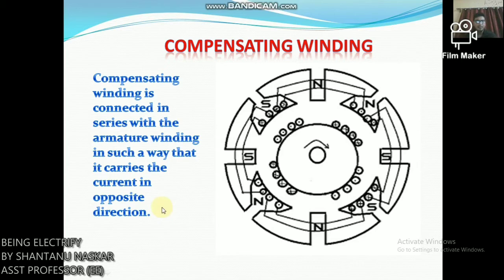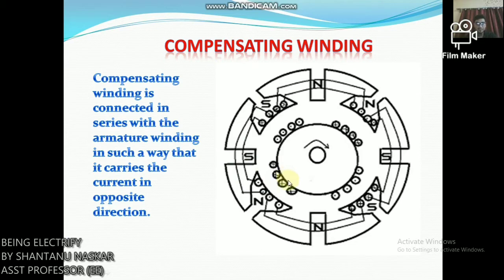Briefly we can say, now we know that the armature reaction is due to the presence of armature flux. Armature flux is produced due to current flowing in armature conductor. Now if we place another winding in close proximity of the armature winding, and if it carries the same current but in the opposite direction as that of the armature current, then this will neutralize the armature field. Such an additional winding is called compensating winding, and it is placed on the pole faces.